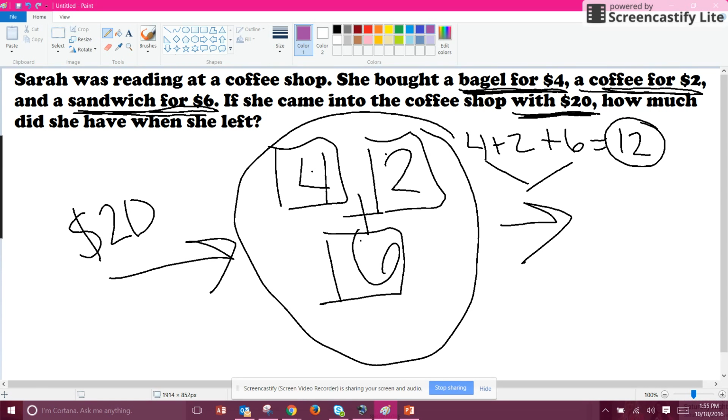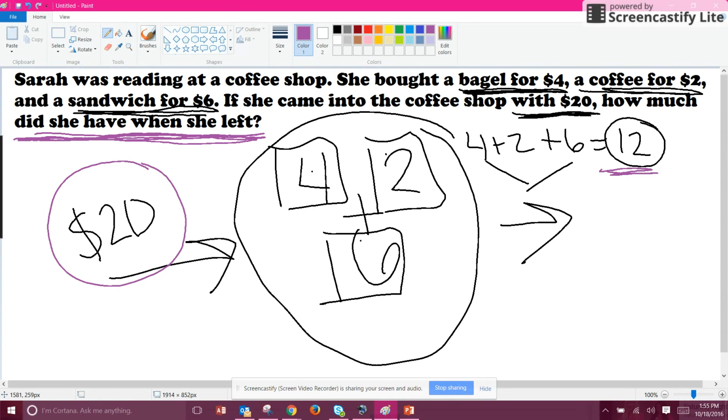The question was how much did she have when she left? Again, it goes back to comprehending what they're asking you for. So she didn't have $12 when she left. A lot of kids will make that mistake. She walked in with $20. She spent $12. We have another operation that we have to do to figure out how much she left with. That is